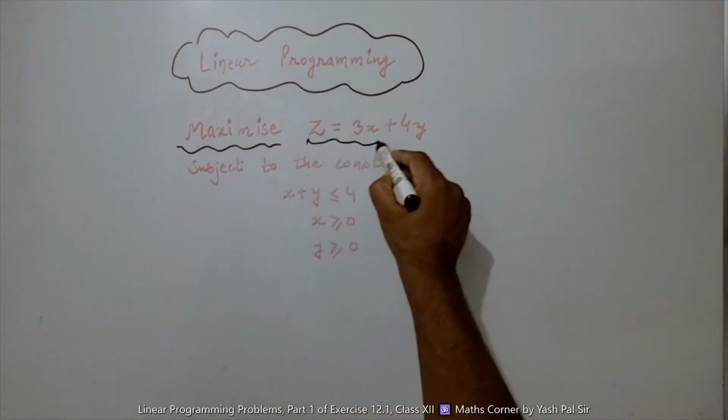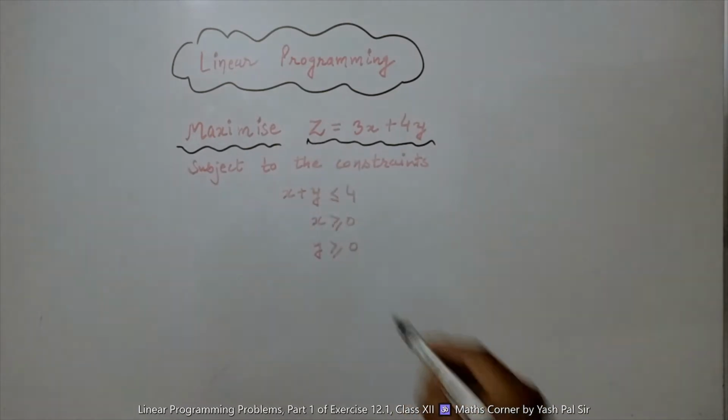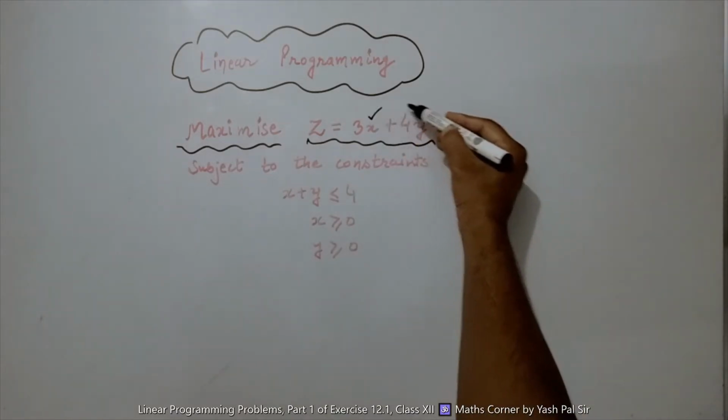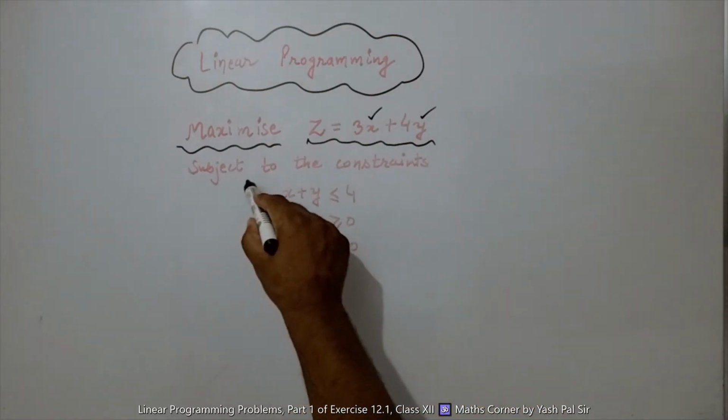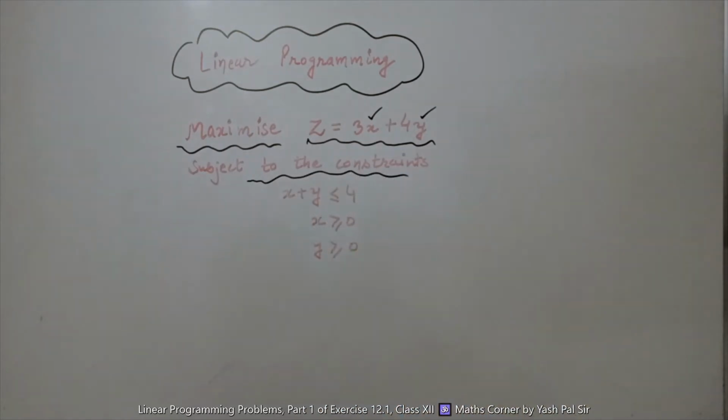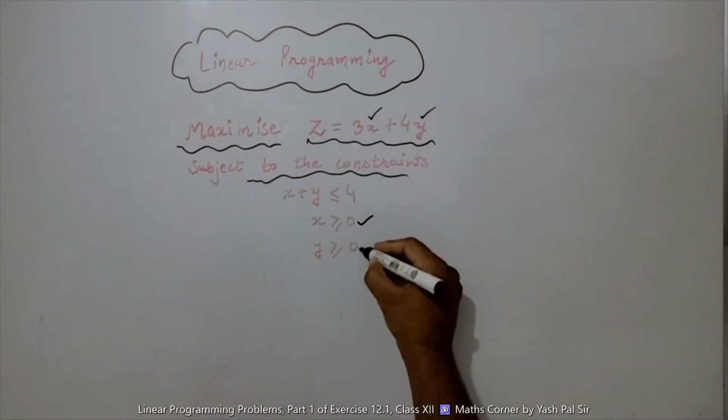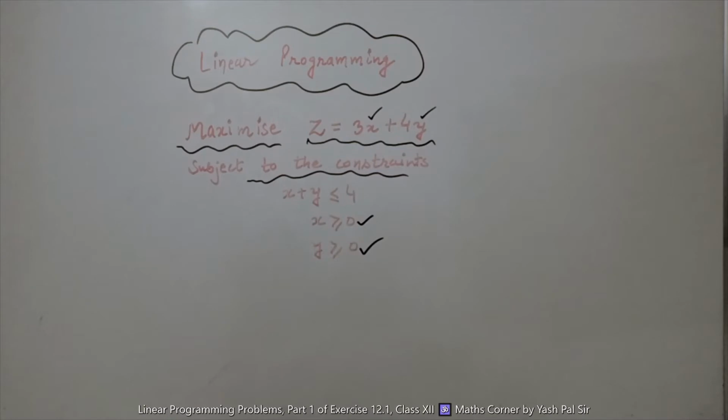This is the linear function, and this linear function is called the objective function, of several variables. Here we have x and y, two variables, subject to conditions. These are the constraints. These constraints mean conditions. Some conditions are to be satisfied, that the variables are non-negative. That is, x and y both should be greater than or equal to 0, right? And satisfy a set of linear inequalities.